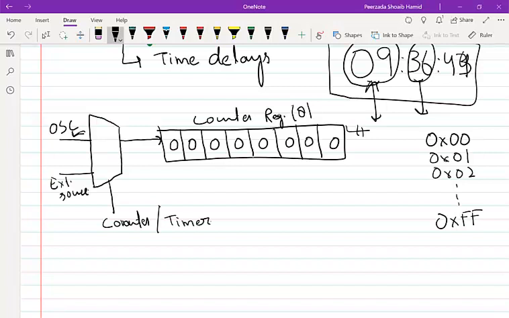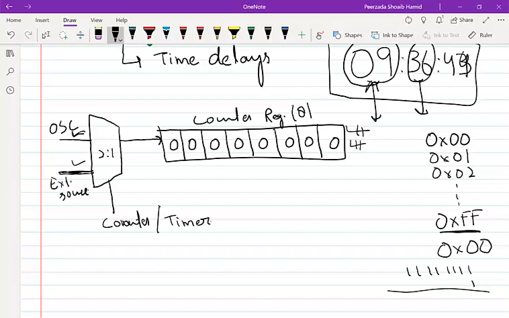And if we want this register to act as a counter that only increments when some particular event happens outside the microcontroller, then the external source input of this 2:1 multiplexer will be transferred to the output. And what happens once this counter reaches the maximum number 0xff? When it auto increments after that, the value will again become 00, because if we add 1 to ff, we will get 100000000. But since this register is only 8 bits wide, this 1 will be lost